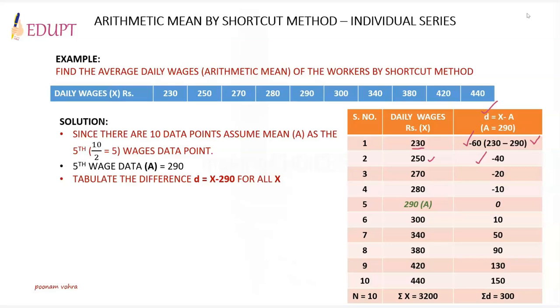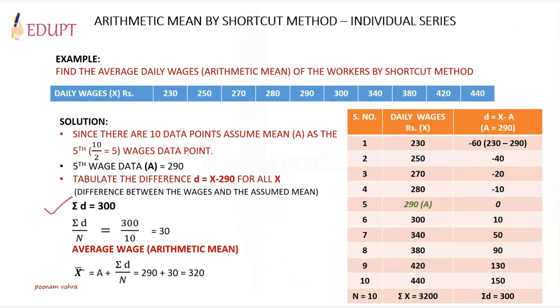So till fourth serial number, we get values in negative. Then fifth serial number, assumed mean is 290 only. So 290 minus 290 would be 0. Then after that, the values are greater than 290 and we get all the deviations in positive. So by having a summation of deviations, we get the value of 300. N is 10. So we have found sigma of deviations as 300 and sigma of deviations by n would